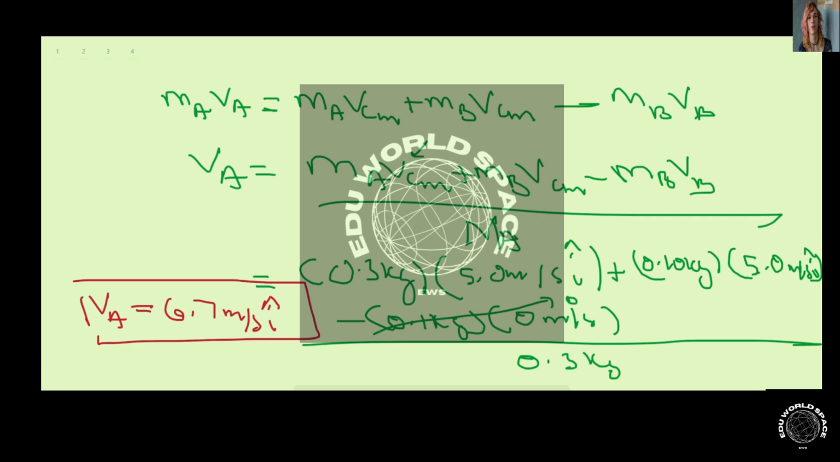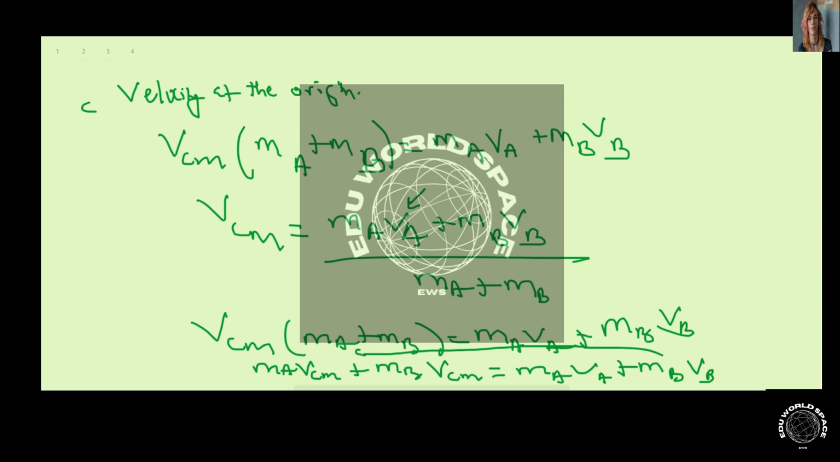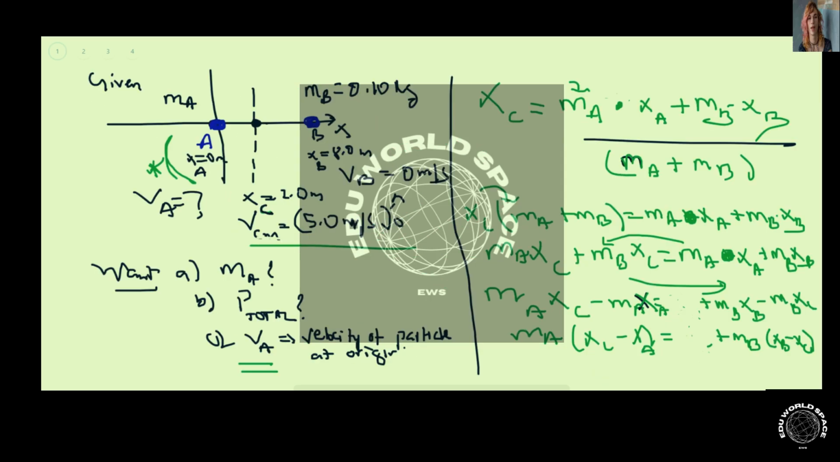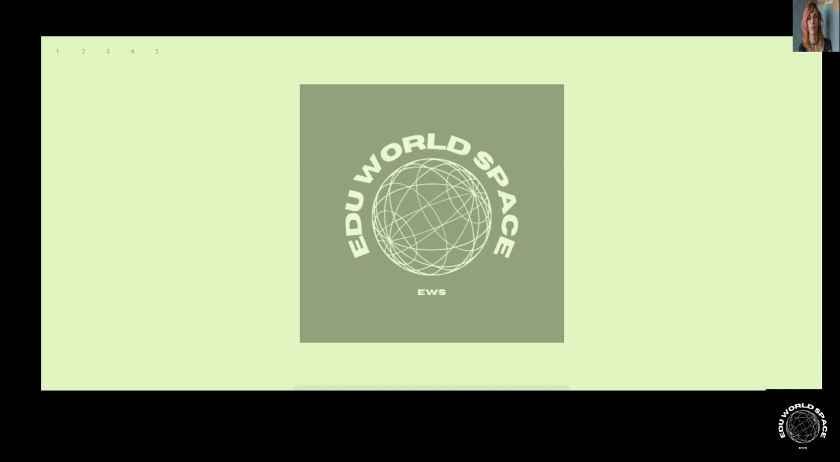And just one clarification, this part should actually be part C. This is part C, the velocity of the particle at the origin. So we skipped the step in part B, but we're going to go back. Remember, part B was asking about the total momentum of the system, and so we'll do that on a new page. And so the total momentum of the system, which I'm calling P total, has to be